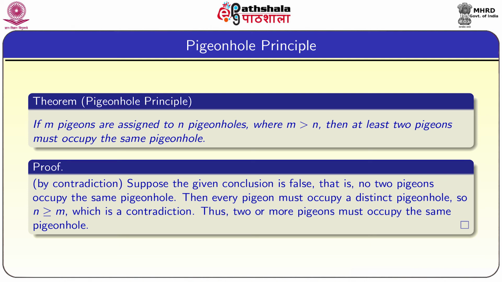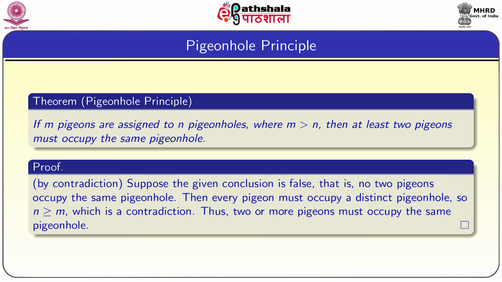For example, let us look at this problem. I have 10 points, and I want to place these 10 points in a unit square. Then we want to show that there are at least 2 points whose distance is less than 0.5. So, how can you show that? I will repeat the question. If there are 10 points placed in a unit square, we have to show that there exist at least 2 points such that the distance between them is less than 0.5.